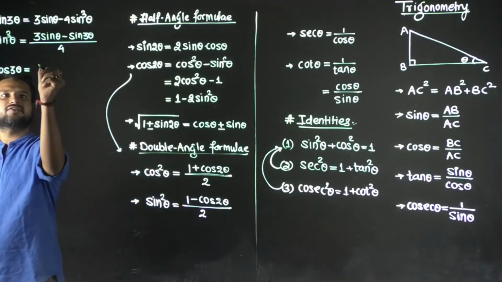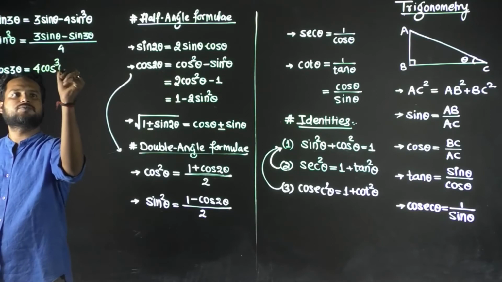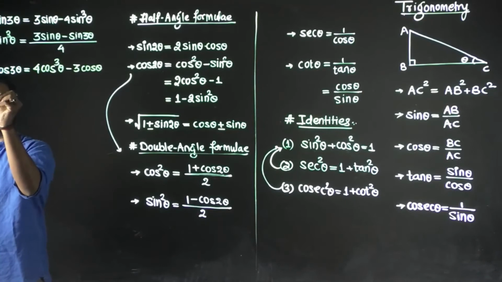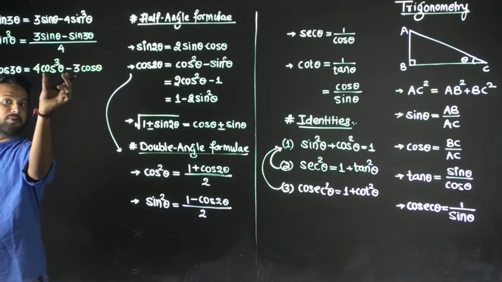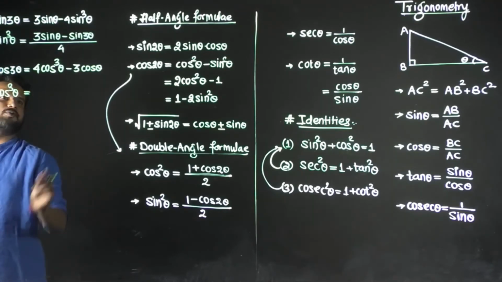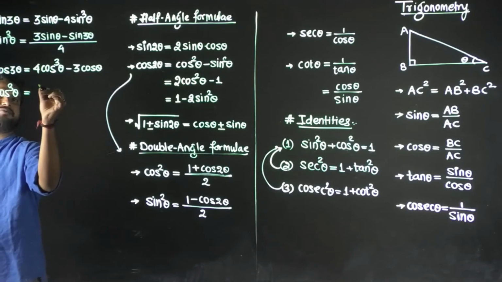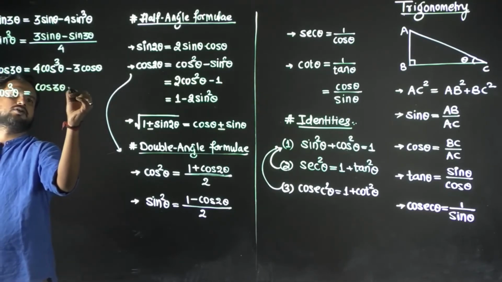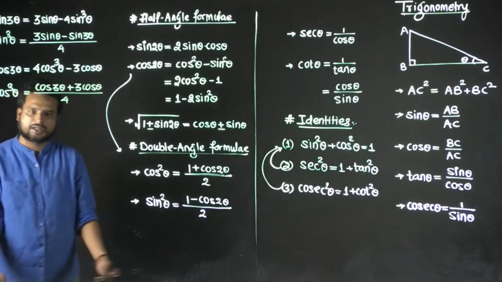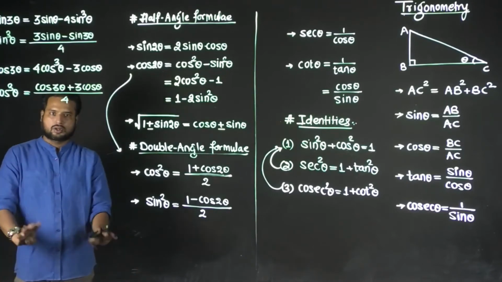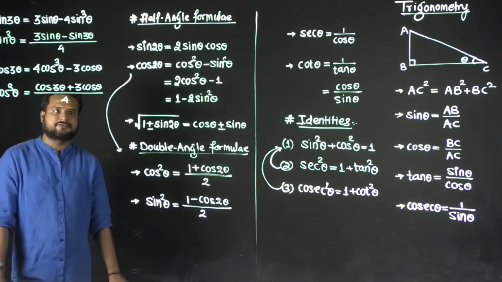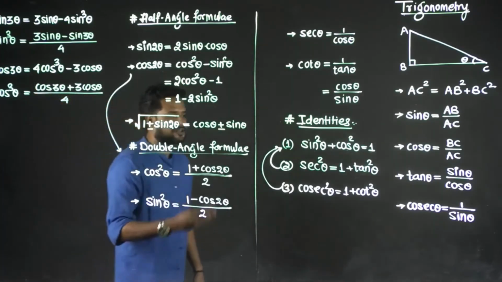Okay, so cos 3 theta is nothing but 4 cos cube theta minus 3 cos theta. Now from this again you can derive this particular formula for cos cube. So what will it be? You can see cos cube theta will be, this is cos cube, minus 3 cos theta will come over here. That means it will become (cos 3 theta plus 3 cos theta) divided by 4. Again a formula that converts a cube into terms without any power of cos. Okay, clear? So I do have this set of formulae which I'll be using so as to reduce power.